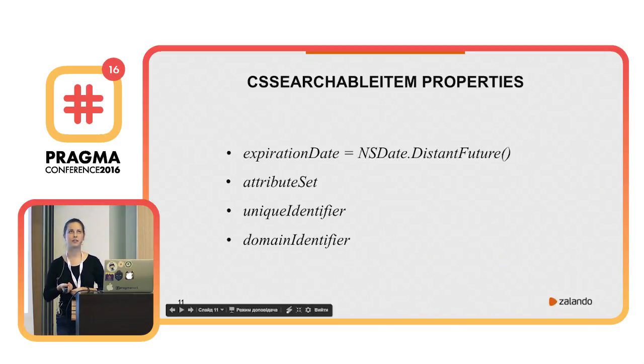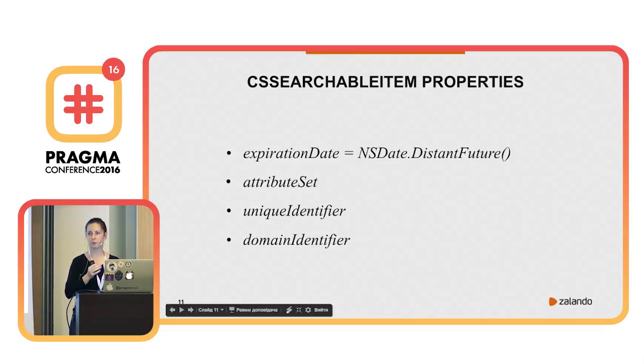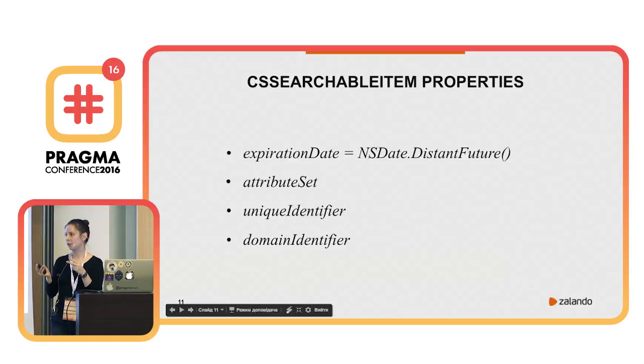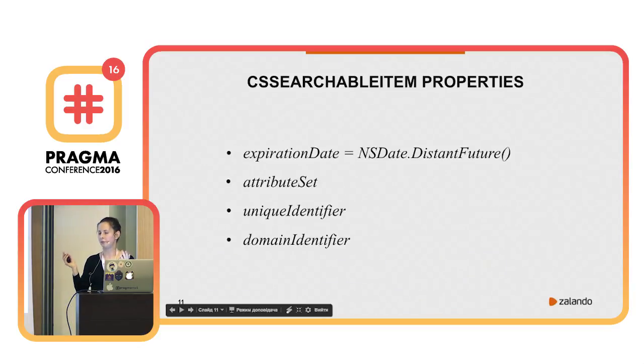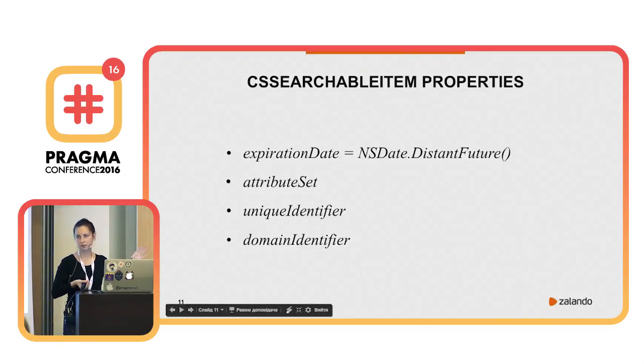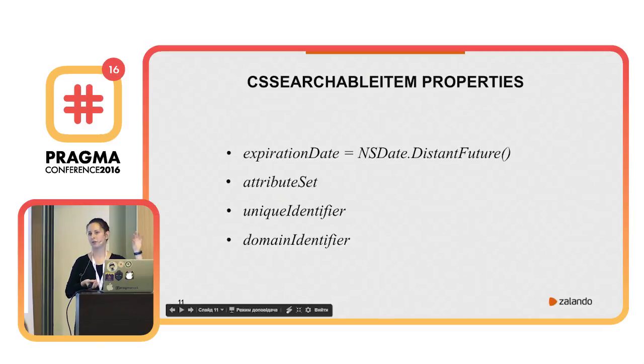Domain identifier is one very useful thing also, because you can put these items into domains, and then you can handle them through domains. For example, you have winter shoes and spring shoes. Spring shoes will be the so-called spring domain, and another one is the winter domain. So when you want to remove all these items about spring, you can just say, system, please remove all these items related to this domain. You shouldn't go one by one and remove; you can remove from the domain.